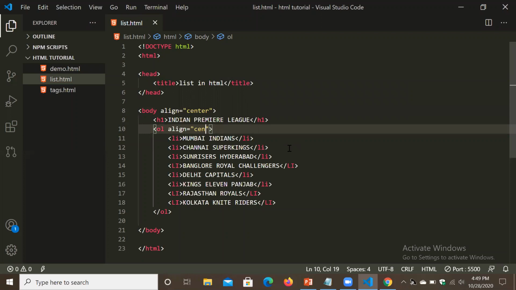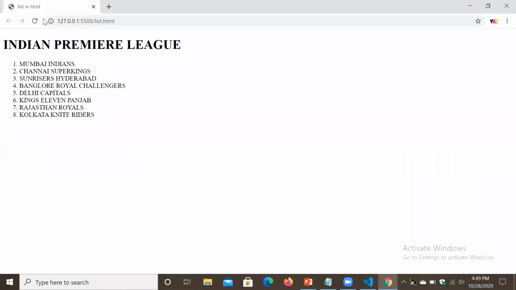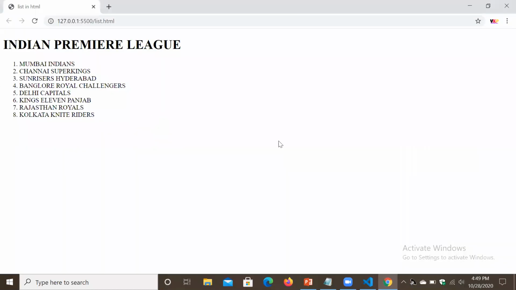We have to use CSS, and currently we have to focus on HTML. That's why I won't use CSS here, because I don't want to confuse those who don't know anything about this technology. So simply look, we got this output. Now what we got, numbers.